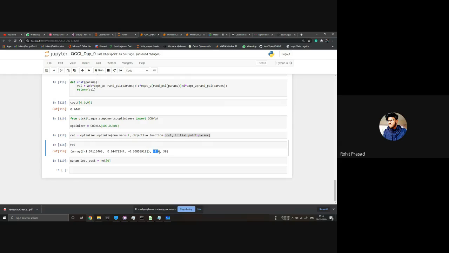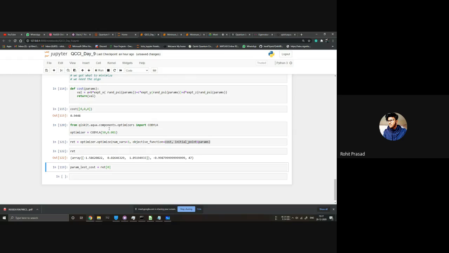What is the minimum eigenvalue? That's -1. And what's the number of steps after which we got this? Like the number of iterations the COBYLA ran. It's 38. So if we just make this 150 only, it should run as well. So it gives this thing and in 47.